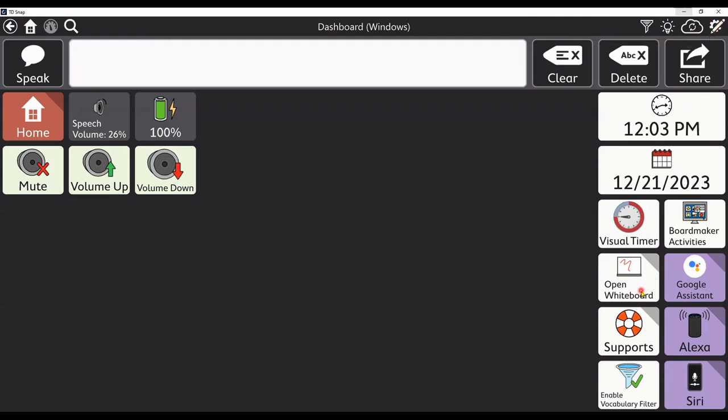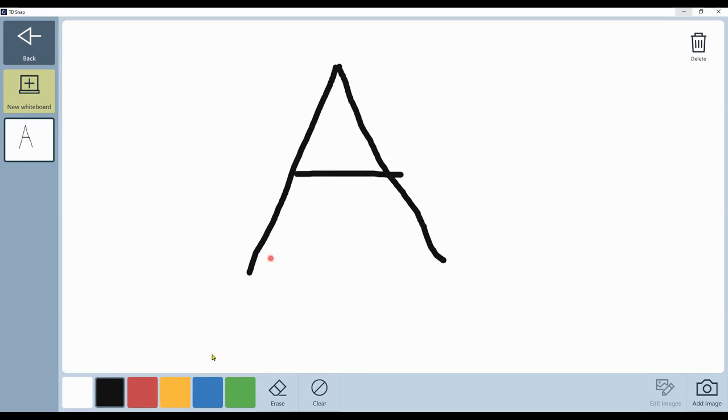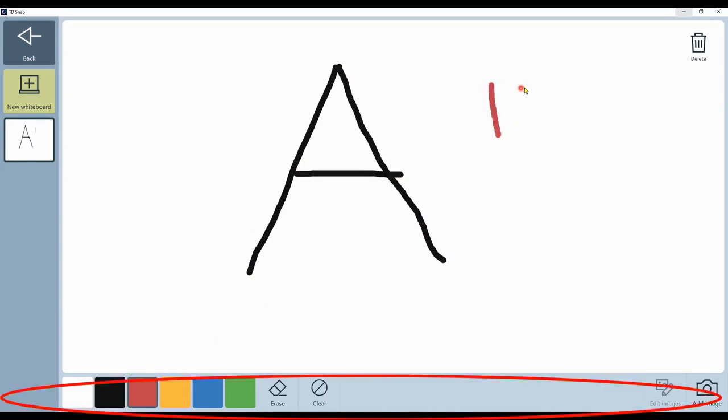Let's go to one of our next supports within the dashboard. The whiteboard tool can be a great tool when you're working on drawing or possibly writing letters or numbers. So you can use your hand on your touch screen and work on the letters or whatever it is that you're drawing.